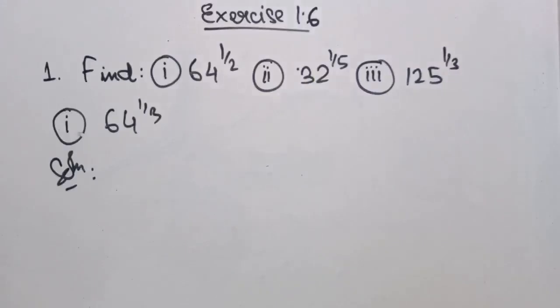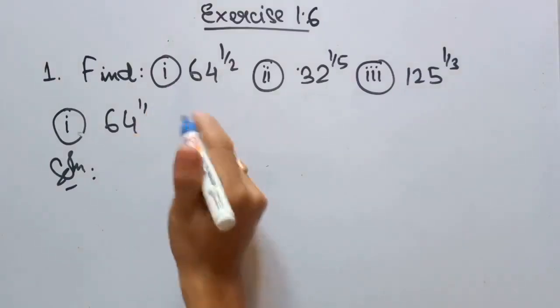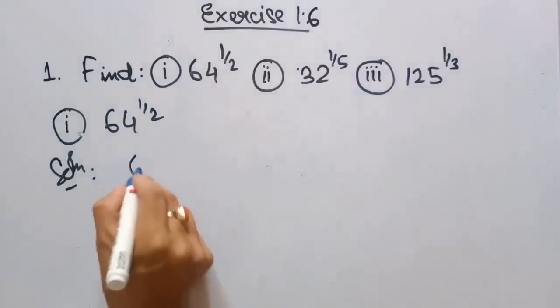Next, exercise 1.6, question number 1, find the value of Roman number 1, 64 to the power 1 by 2, Roman number 2, 32 to the power 1 by 5, Roman number 3, 125 to the power 1 by 3. Now let us try to solve each of these questions. So first, moving on to Roman number 1, 64 to the power 1 by 2. So solution,